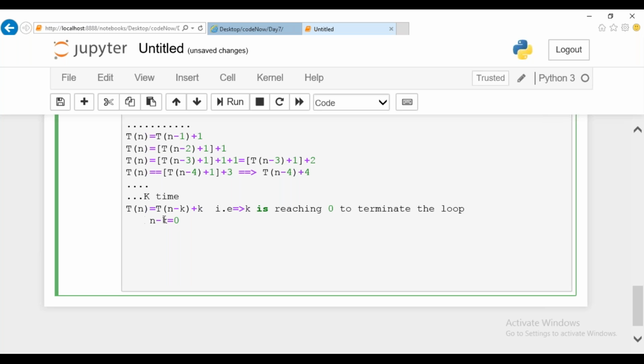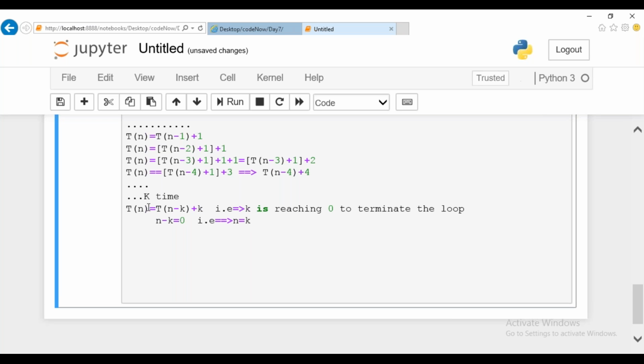Taking this as a value, what is n then? If this is your termination condition, then what could n be here? N is nothing but equal to k. Guys, if this statement is clear, only then can you understand why I'm doing this. At the termination point, you can notice that n minus k reaches 0, where your loop is going to terminate. So I can assume that the n value is equal to the k value. I can substitute this n value here